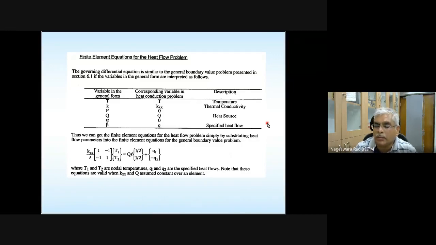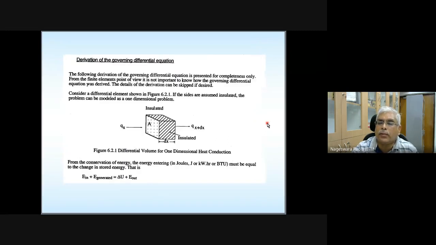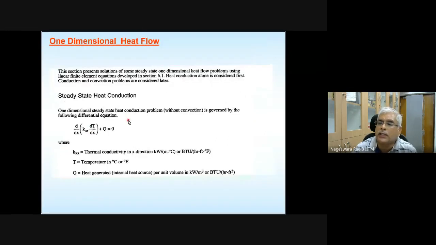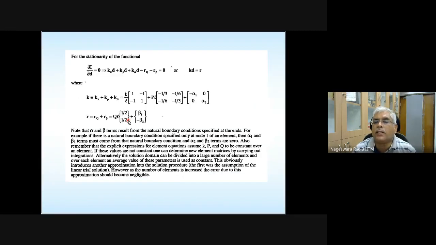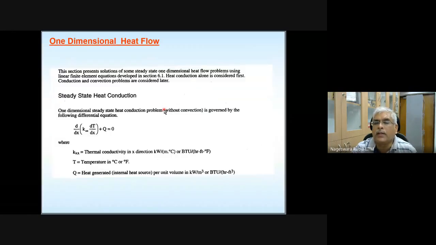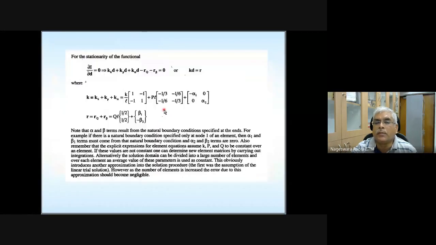So for heat conduction problem, somebody who studied this steady state heat conduction problem, now if I say I'm planning to use 2-node finite element, and please give me element equations, you can directly plug in all this information here by making that kind of comparison and give me the element equations. So here, k I need to replace with kxx, p is equal to 0, alpha 1, alpha 2.